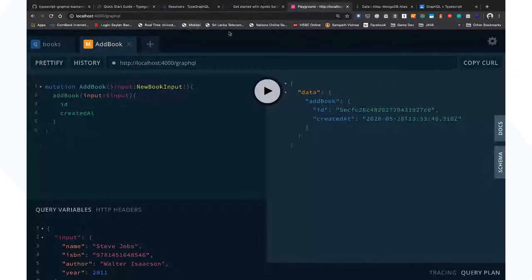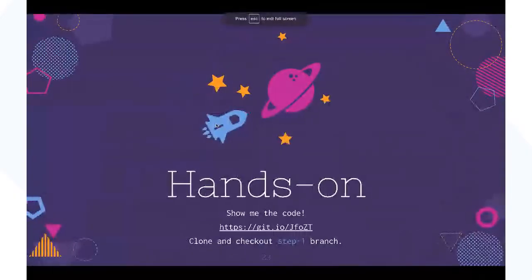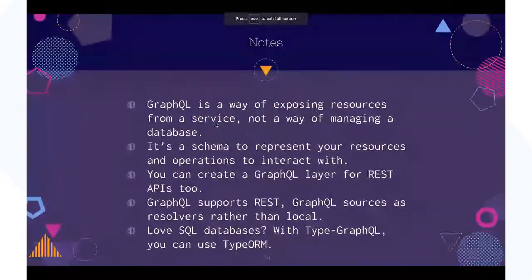Yeah, we actually came to a kind of conclusion of the hands-on session. I'm going to move to the remaining part of the session. So things that you need to note now. You already saw my hands-on session, so you may think that this is a way of running the database. No, don't get confused. It's not a way of managing a database. I just showed a way that you can reduce the files and reuse your definitions in a single file